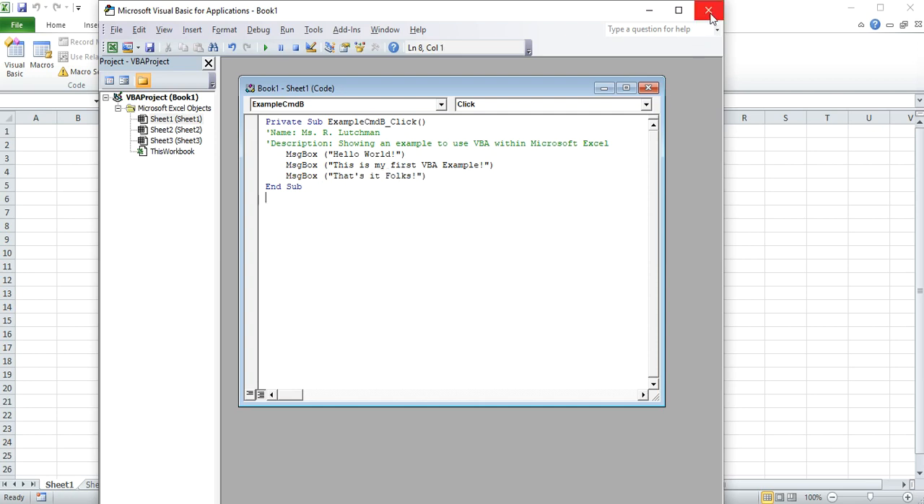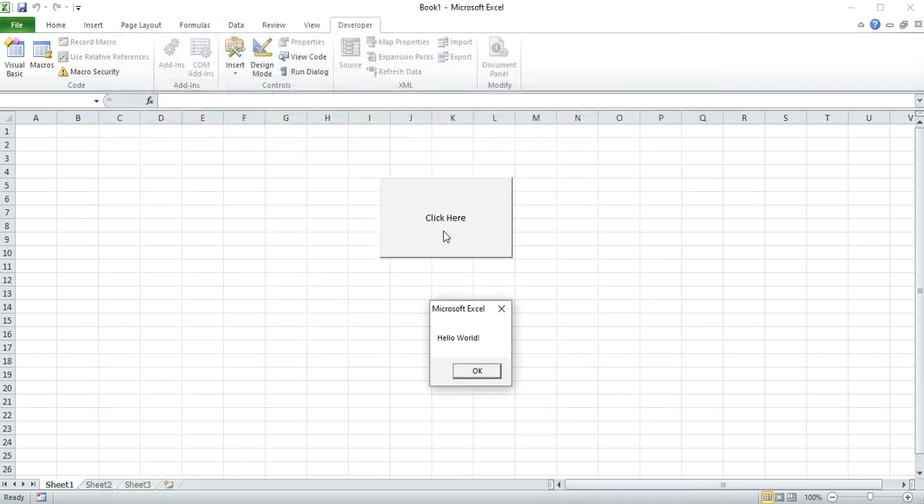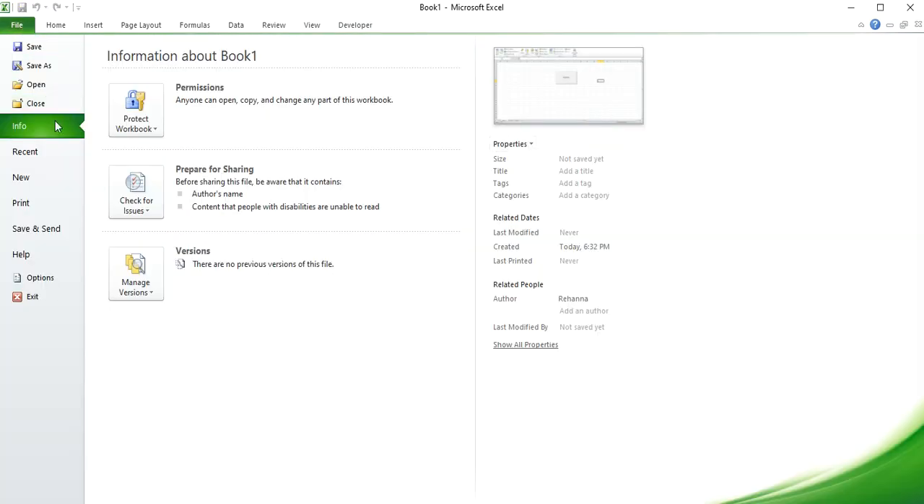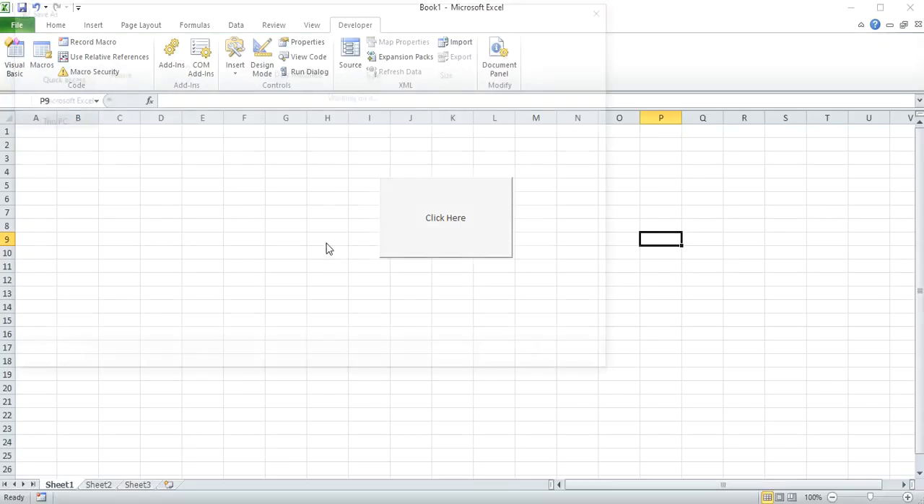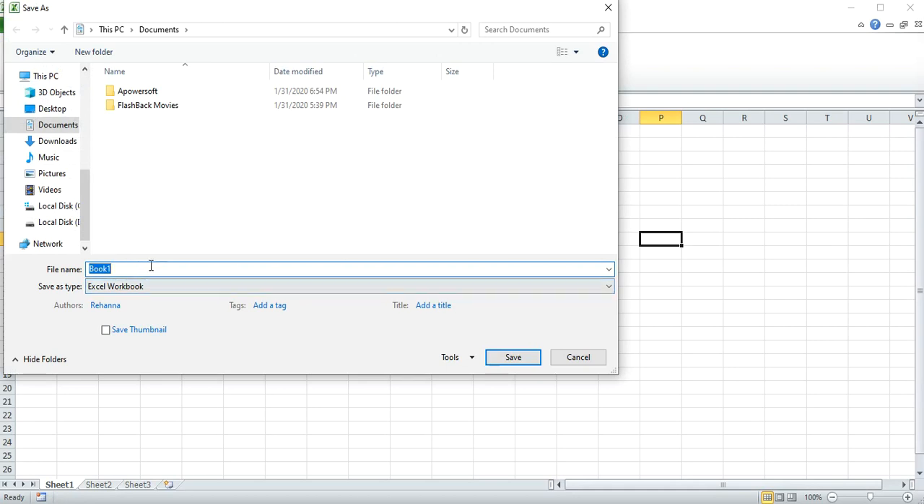All right, let's try again. Hello world, right? And my last message box. Great. All right. The final thing to show you is how to save this. So File, Save As. We're gonna call this VBA example,